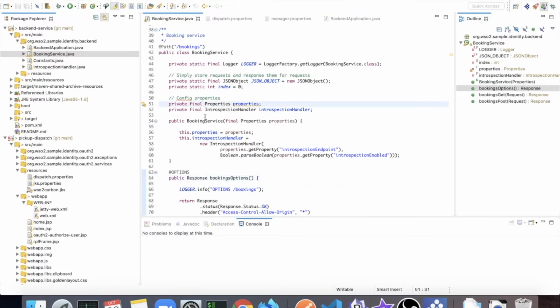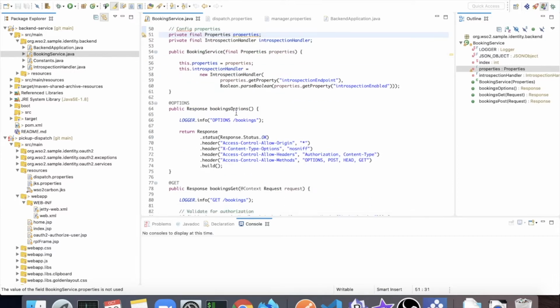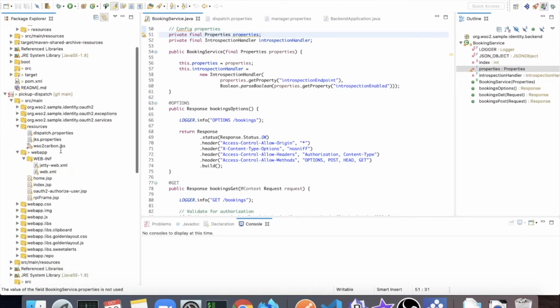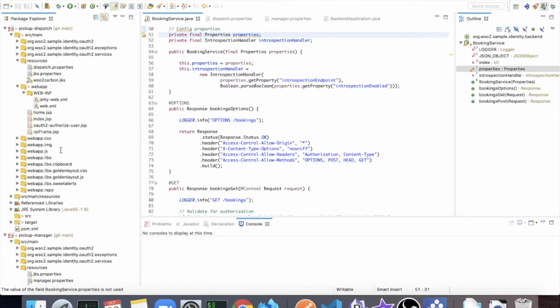So this is the basic setup that is written on MSF4J, and it can be written in any preferred language you are willing to use. This basic application has a few operations that the web application communicates with. So I will consider this as a backend. Also, we have two distinct web applications, such as pickup manager and pickup dispatch operation, which provide distinct operations that the manager and the operator can perform. We will look into this in detail during the demo.